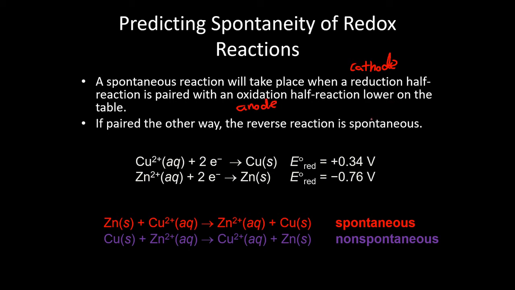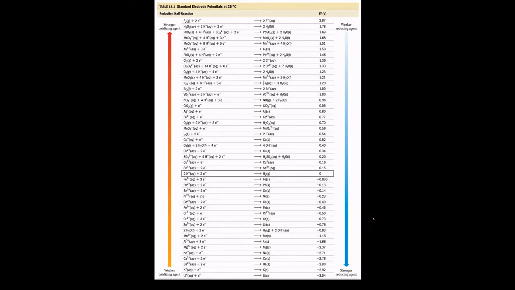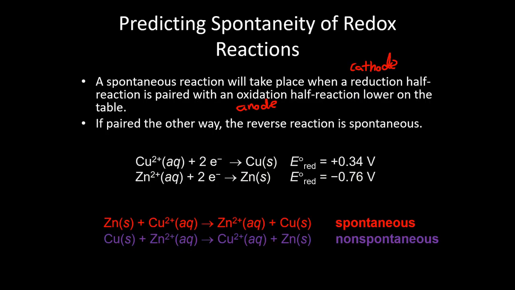So if we have a reaction that's taking place, and our oxidation, our anode, is lower on this table, what that tells us is that that reaction, as it is written, is spontaneous. The voltaic cell will work. It will give us some power. We can run our jukebox with it, turn on the light, run our cell phone, whatever the case may be. If we have an anode that is lower on the table than the cathode, we will get a spontaneous chemical